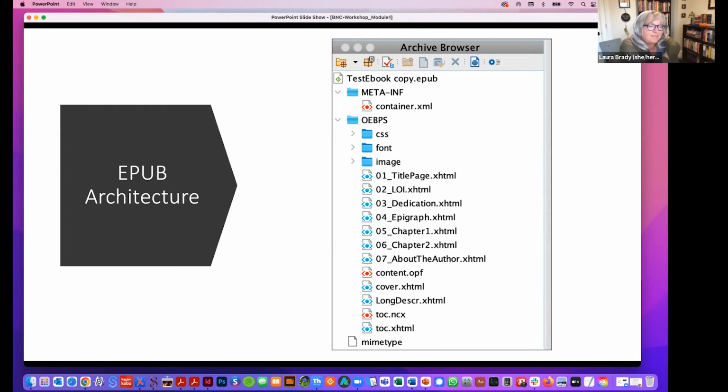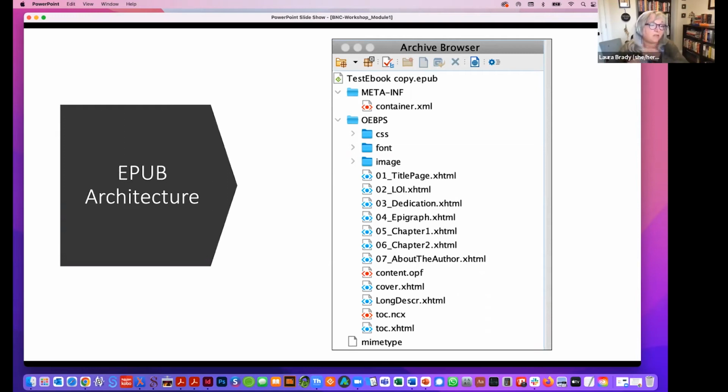So an EPUB is a zip container, and it's essentially some styles and some content. So the CSS and the HTML zipped into a container with a few extra pieces that make it function on reading systems. It is, in essence, all the elements of, say, a website in an EPUB wrapper. You can actually change the suffix on an EPUB file to, say, booktitle.zip instead of booktitle.epub, and unzip the EPUB